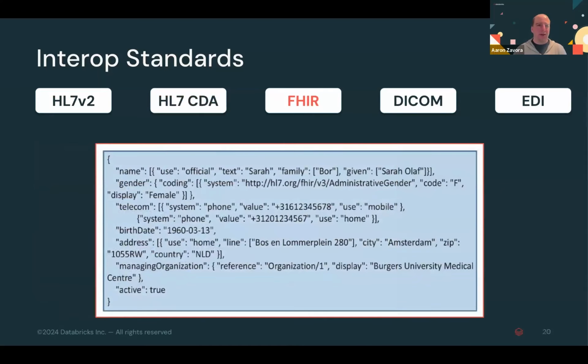Latest and greatest is FHIR, right? That's where the industry is going. And I would encourage you to think about FHIR in 2 different ways. Its base is a JSON structure for the most part. But FHIR has essentially what I would call a schema behind it to say, here's all the fields that reside within FHIR. And on top of FHIR, what you see in the industry, if you look at things like DaVinci,